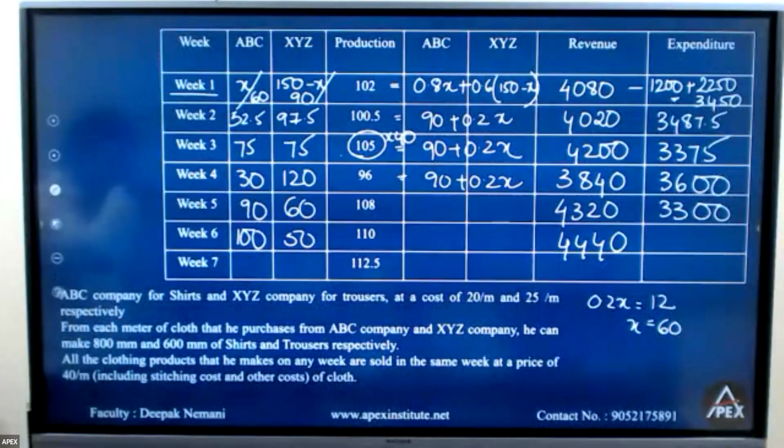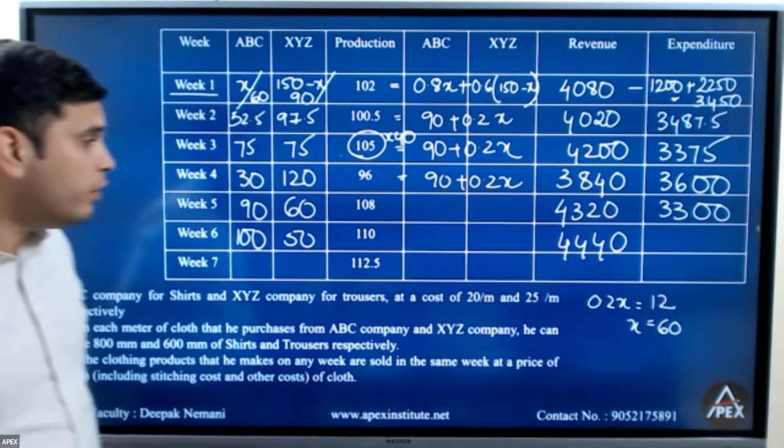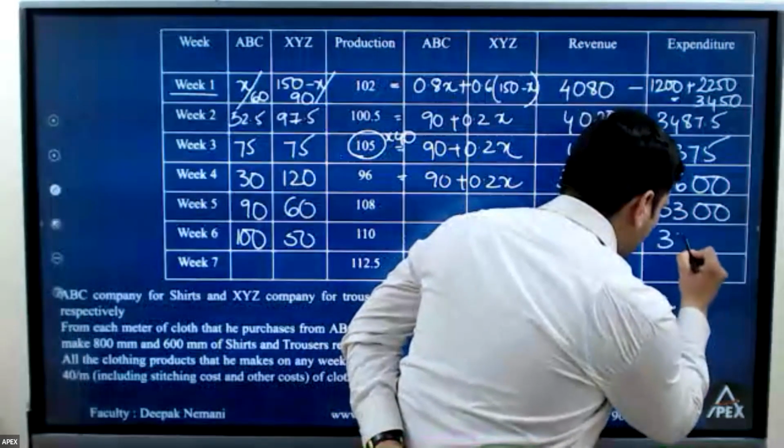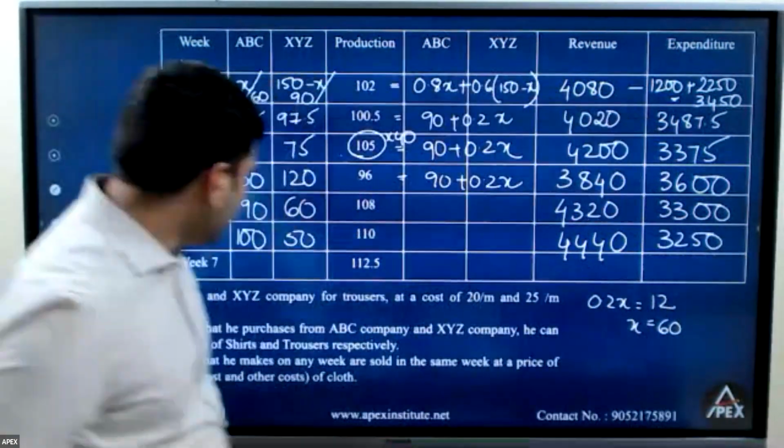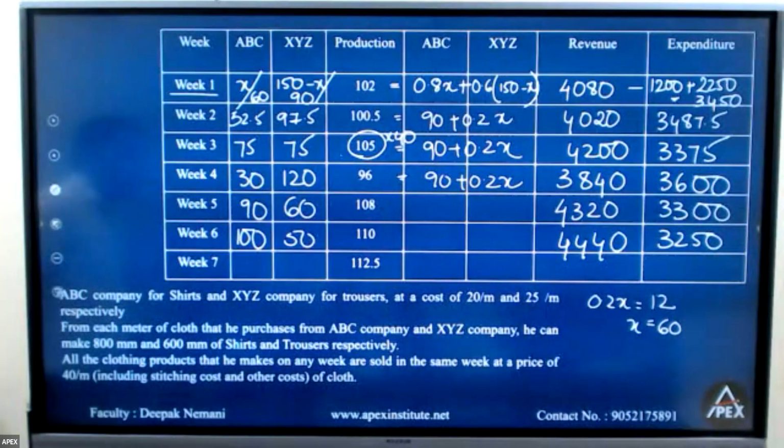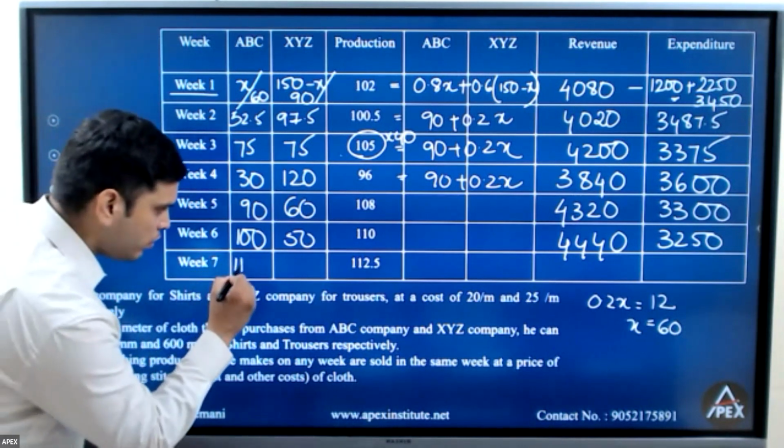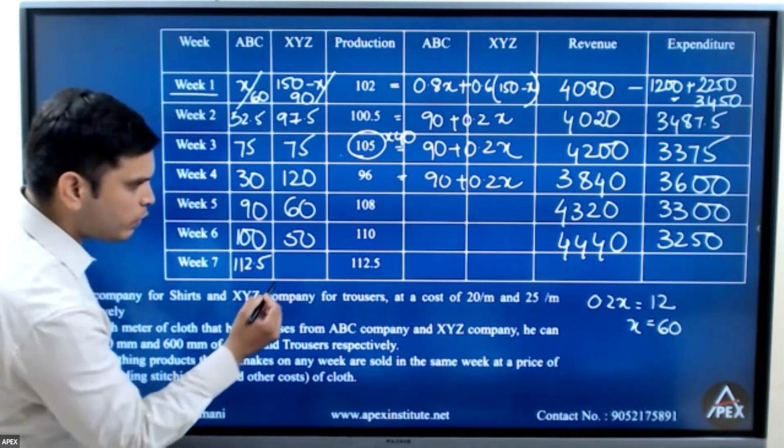This will be 2000 plus 750, sorry, into 25 kada, 1250. 3250. And last, 112.5. 112 means this is 22.5, 225 by 2, 112.5, and this will be